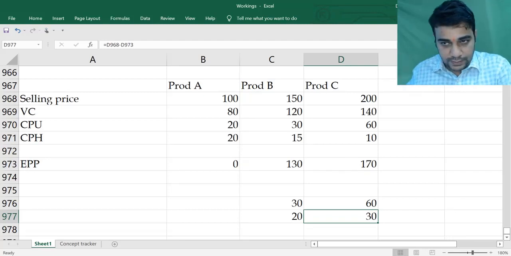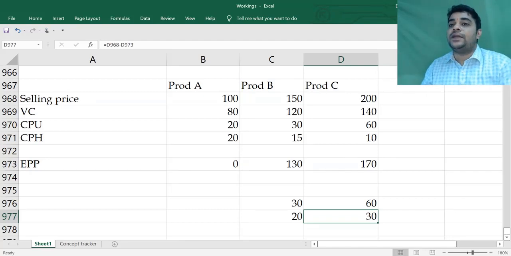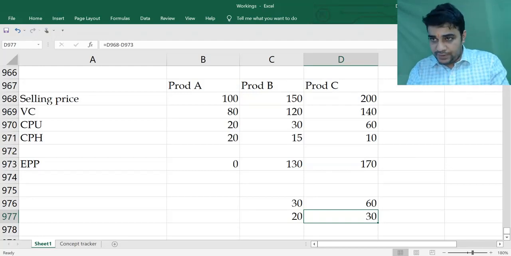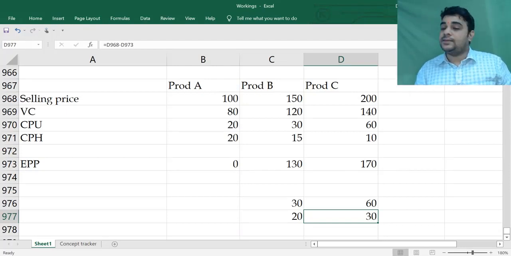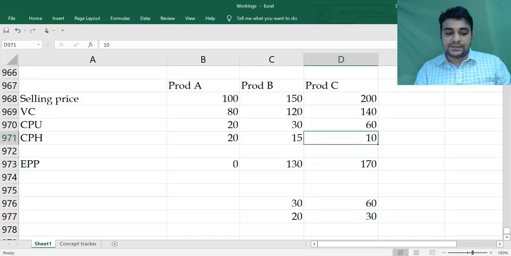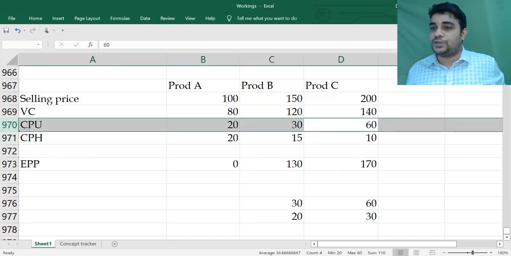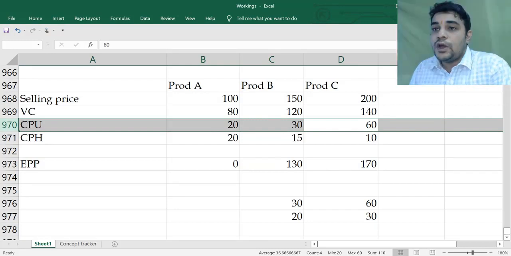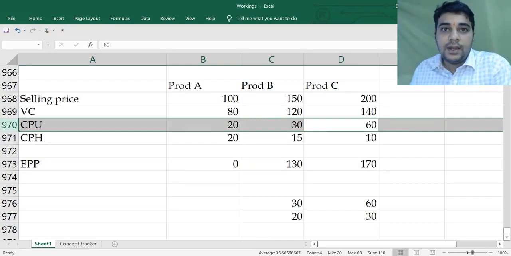That's the first conclusion. The second point is, I don't know whether I should manufacture it and then give it to the customer, or buy it and give it to the customer. So any problem which has a limiting factor and also has an option of subcontracting, the ranking will not be on the basis of contribution per unit or contribution per hour.